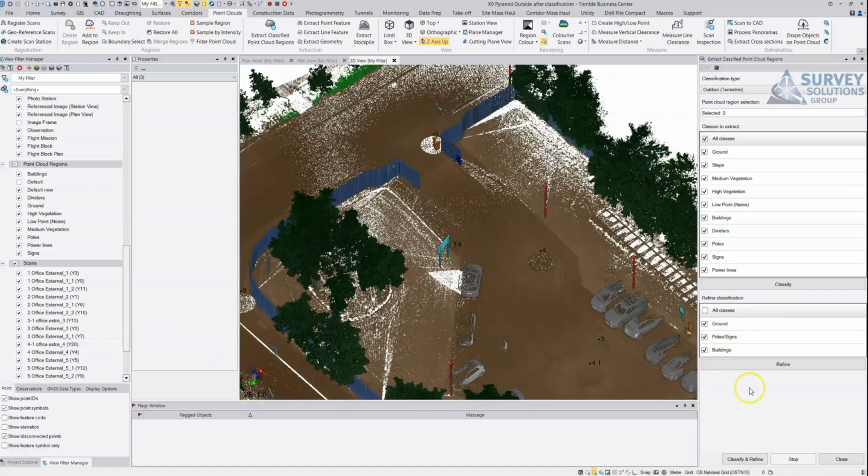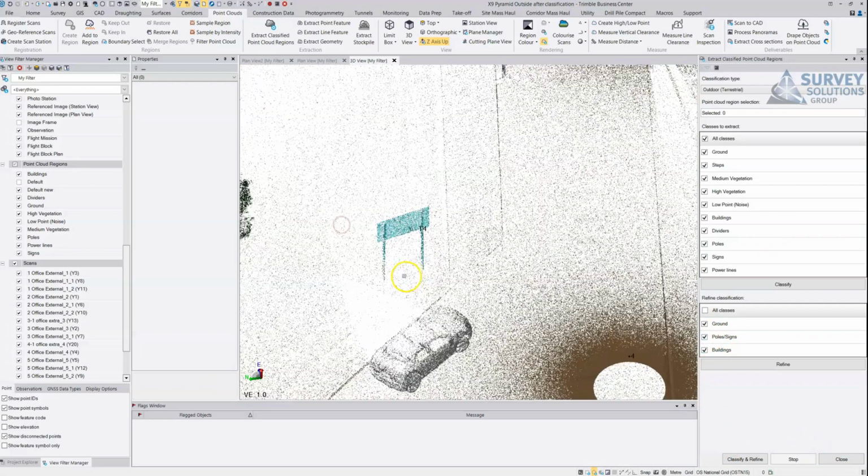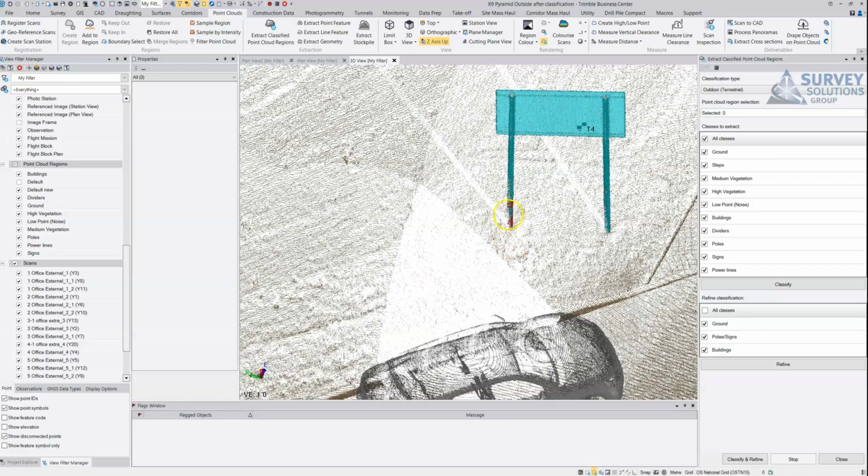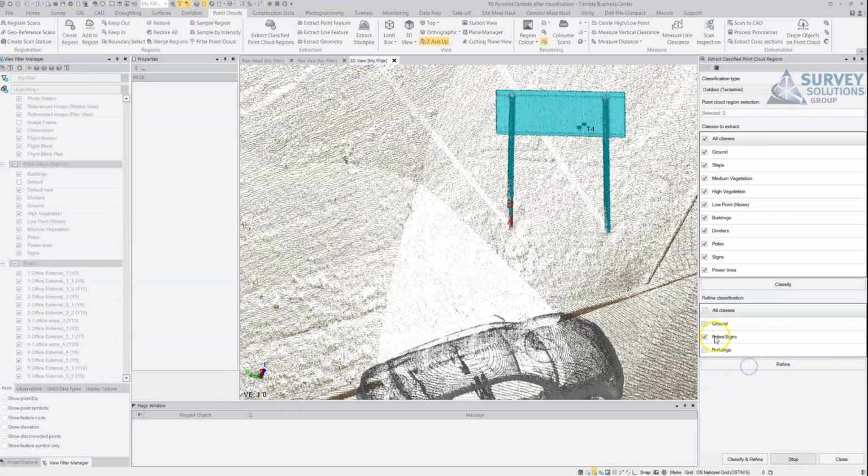What we'll do is we can just close this tool. Before I close it, there is this new option called Refine Classification. You can see here on the sign there are areas that are not quite classified correctly. It's not important in this situation, but we could try and just refine the poles and signs. It's going to go through the data again and see if it can actually refine these two